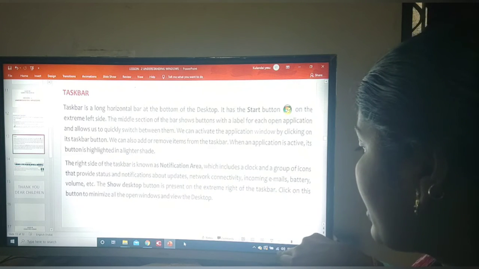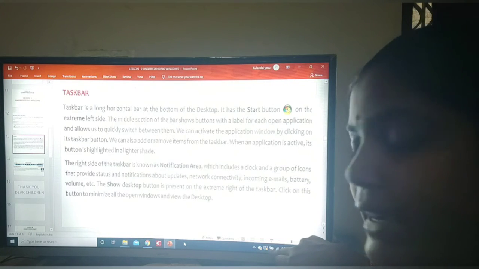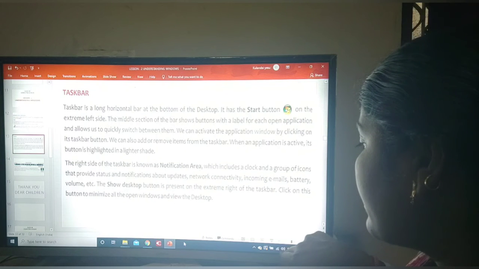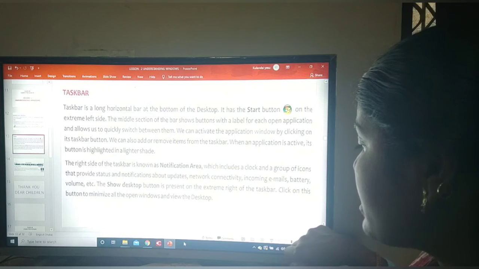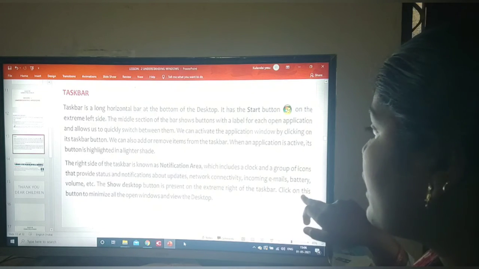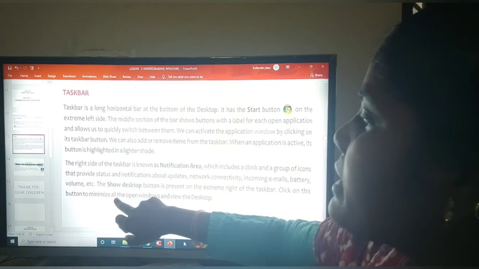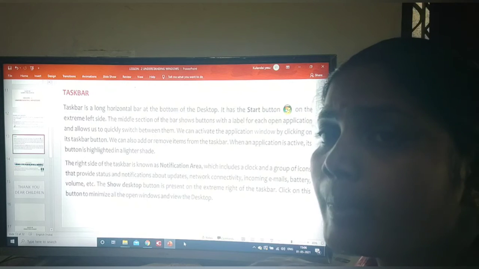Here we have the network connectivity, and this is the battery, and here the volume. We can also click on this button to minimize all the open windows and view the desktop.